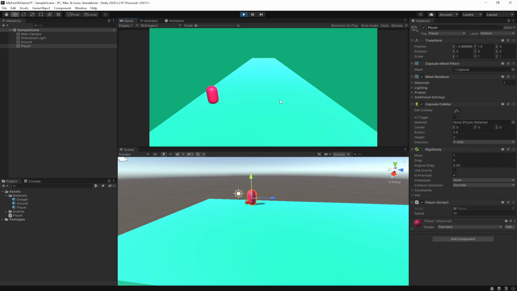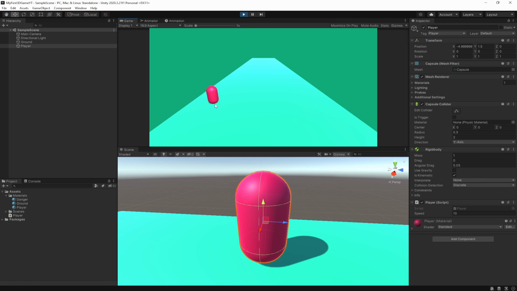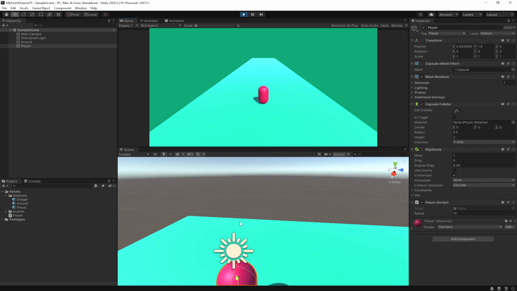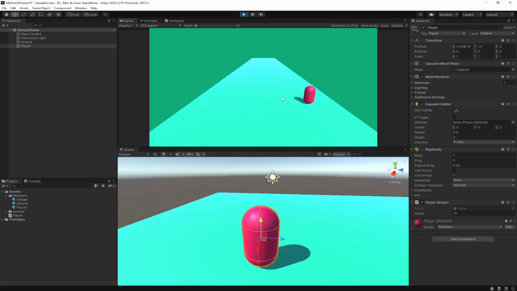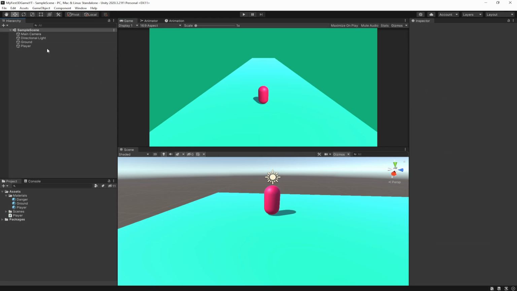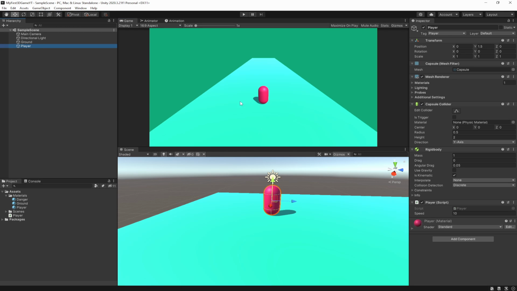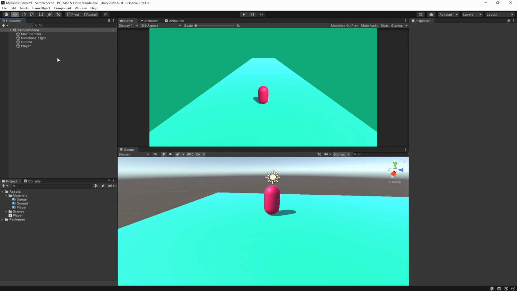But if I carry on hitting the A key, we can no longer go too far, so we will not fall off the edge. And you can, sorry, I zoomed in down there. And there you go. You can see we can now move left and right, and only left and right in our position. So now we've got our player sorted, we now need to actually add in a way to spawn